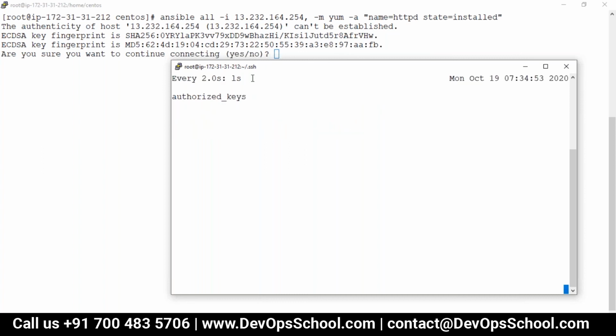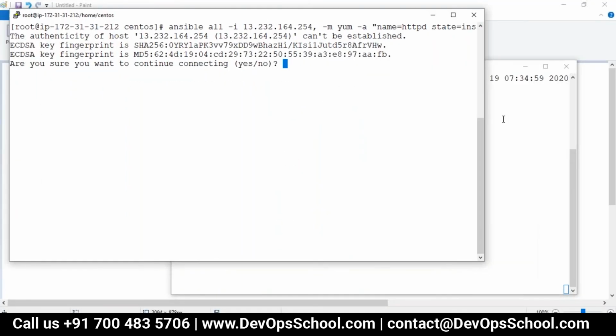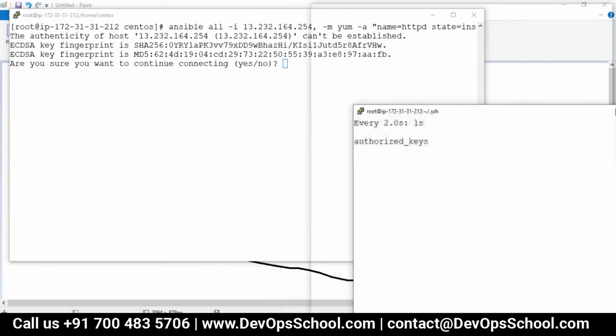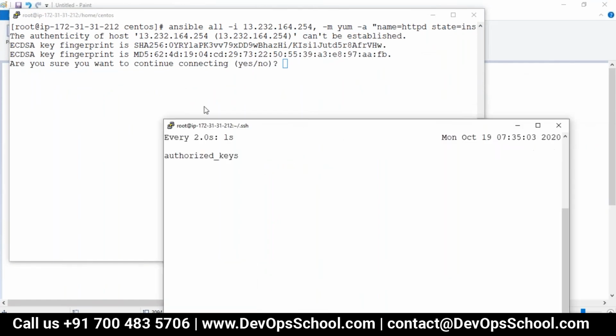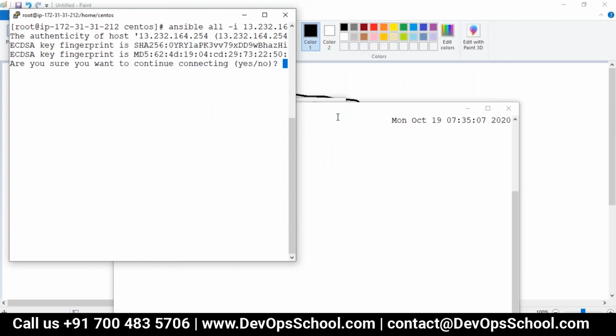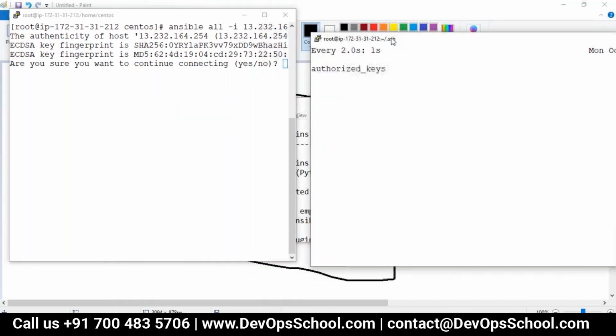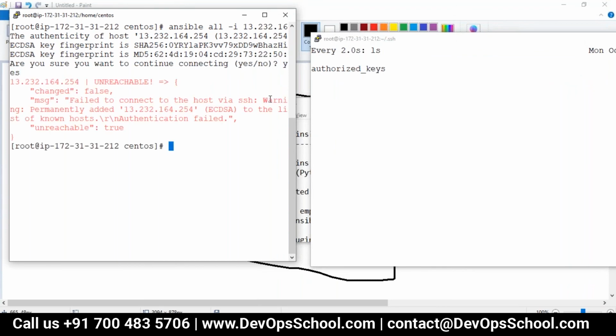Okay, see here. If I say yes, the known hosts file got created.